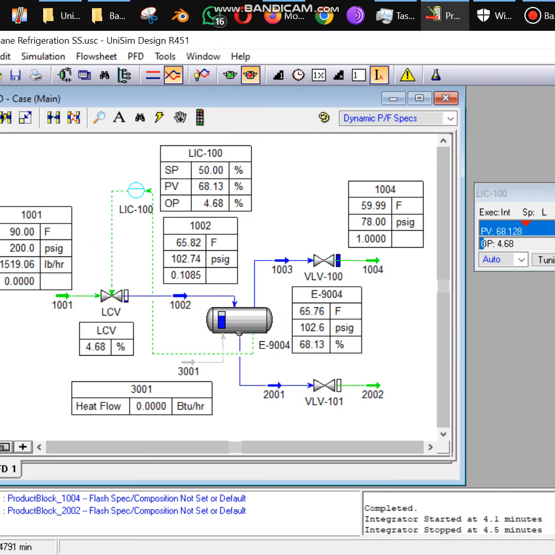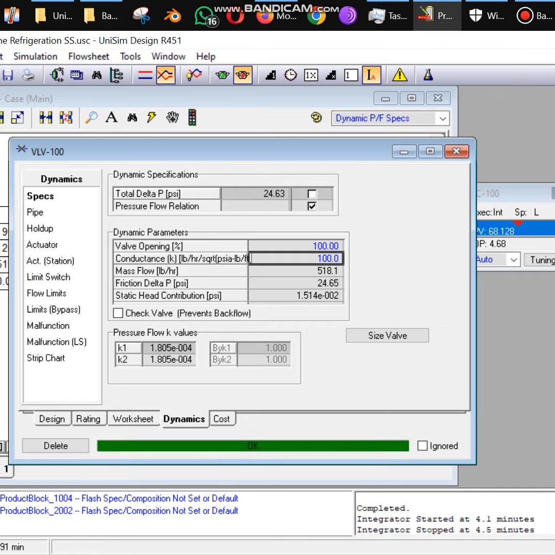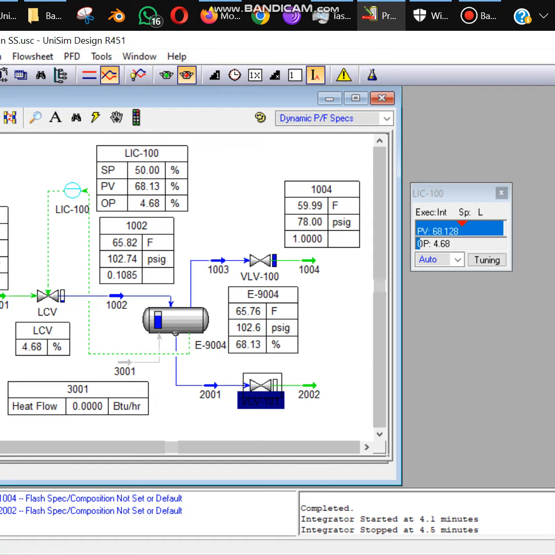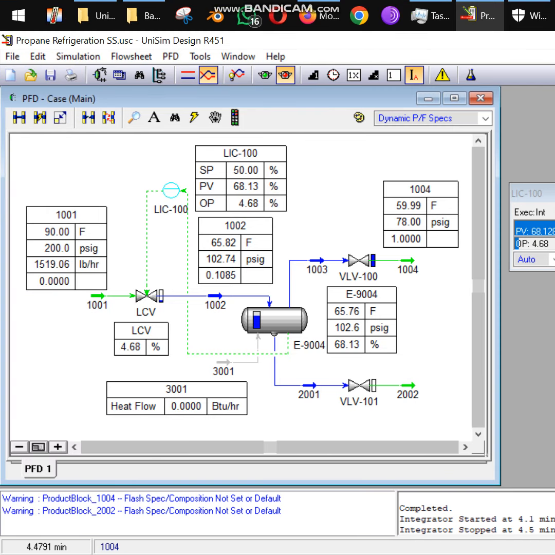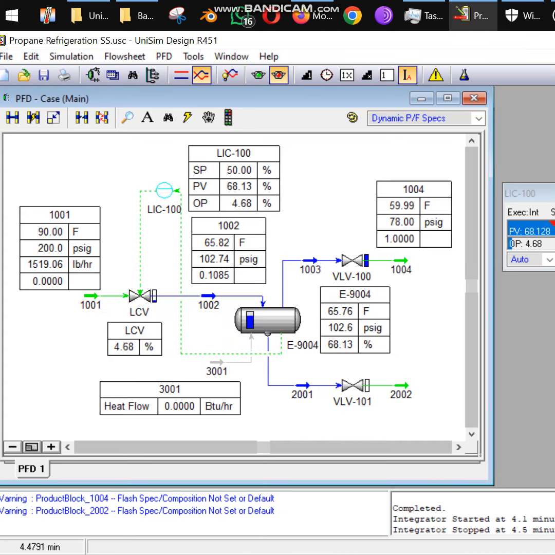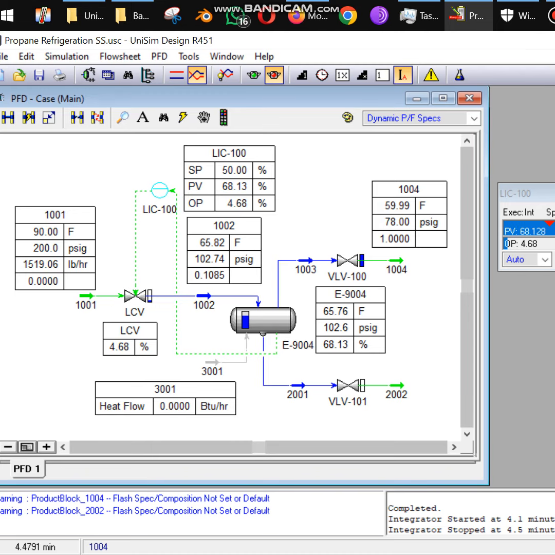Yeah, and after that we just specified these two valves as well. These valves have a conductance of 100, both of these. This is to keep the simulation as simple as possible. And the boundary conditions have been specified as these three streams: 1001, 1004, and 2002 represent the boundary conditions. And the outlet pressure from this vessel has been considered to be 78 psig, which is the suction pressure of